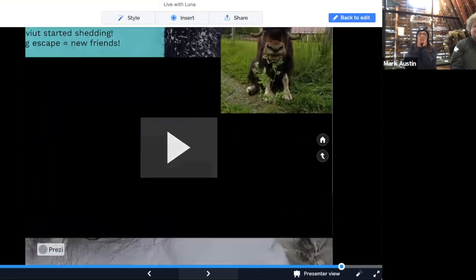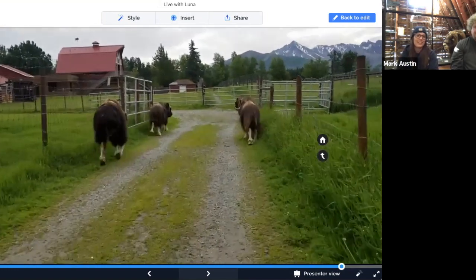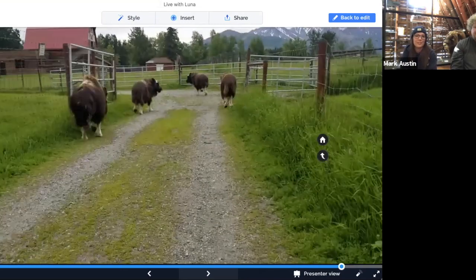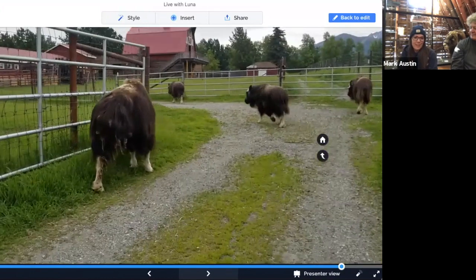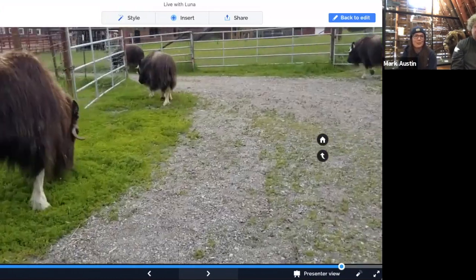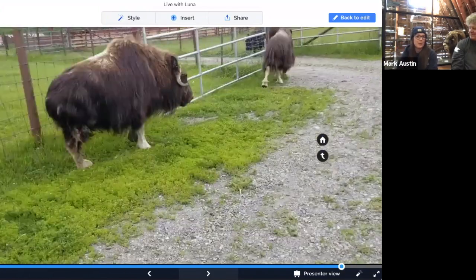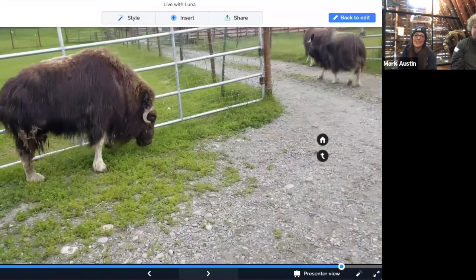Yeah, and so I'd come in every day and check on her and all the other animals. And on my Saturday, I'd come in and Luna was not in her pen. There was a board down and broken in half, and Luna was nowhere to be found. So I had to drive around the whole farm trying to find her. And she was way in the back, just laying down, chilling, chewing her cud,